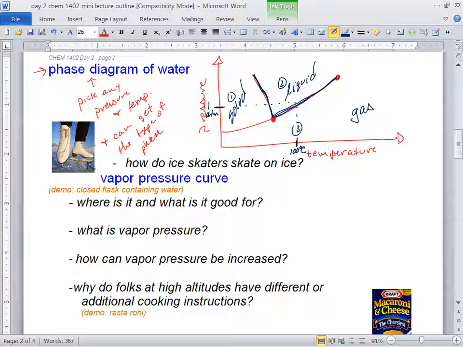So what happens to the freezing point, or the melting point in this case? What happens to the melting point of water as you crank up the pressure? The melting point goes down, right? Crank up the pressure. That means you've got to go this way. So as you're going this way, temperature goes down, right? Because at this pressure, there's a freezing point. Crank up the pressure, now the freezing point is here. So you crank up the pressure so high that it's not going to freeze until it's minus 30 degrees Celsius